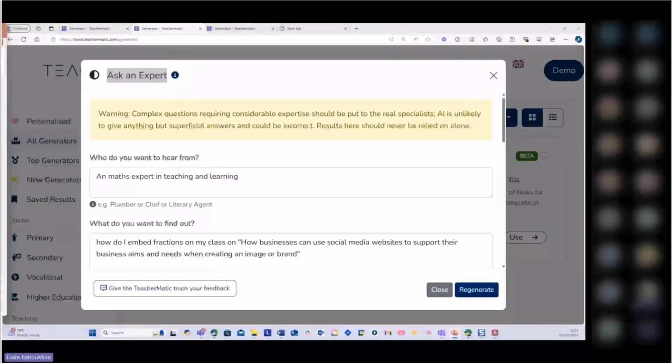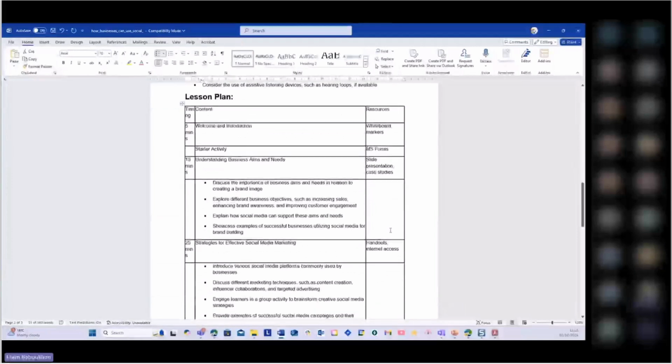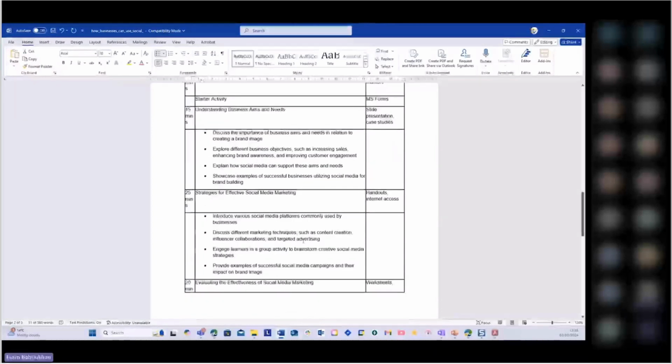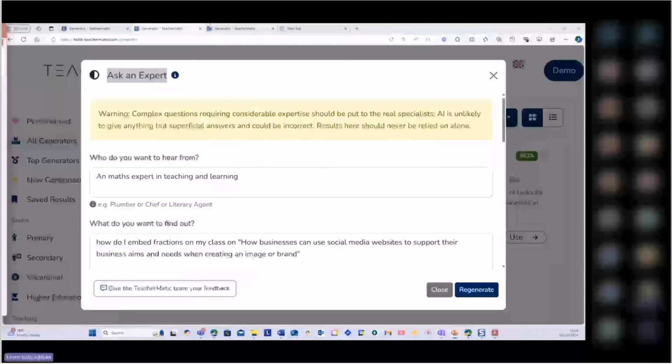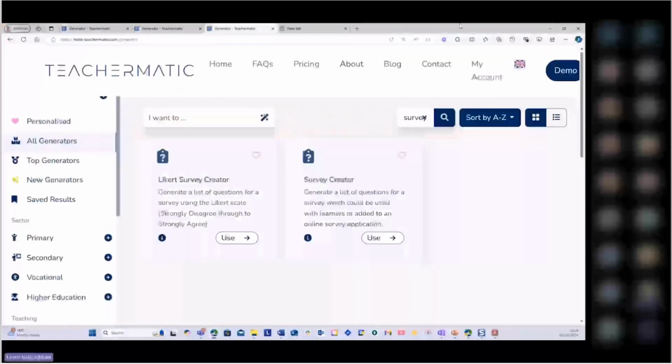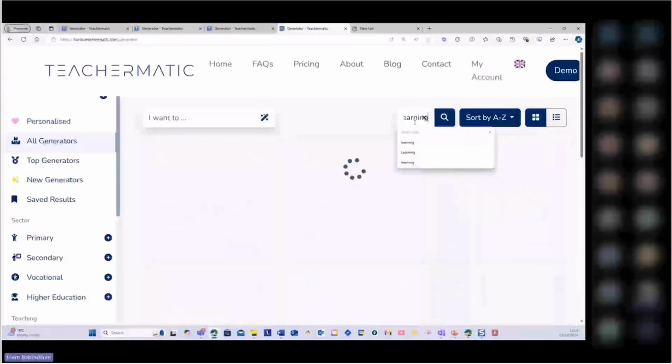So that's two. Now, sometimes the lesson plan generator might not meet your needs in terms of the learning activities. So let's see, discuss, explore, explain, find, showcase, introduce, discuss. So we might want to go back now to the learning activities one, and I might get some ideas and I might have them in my back pocket because some of the activities might not be engaging in the lesson.